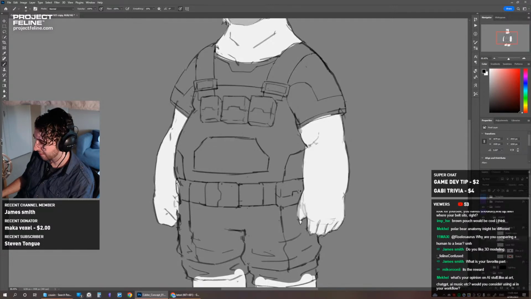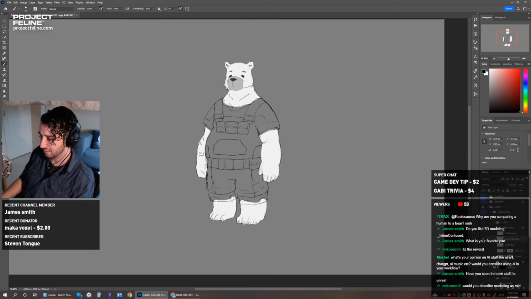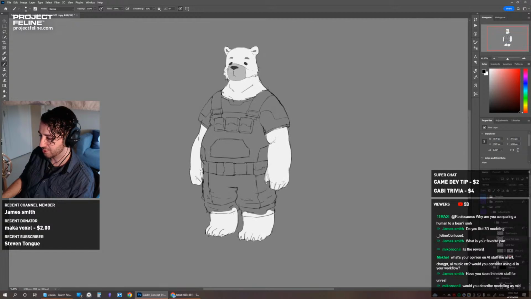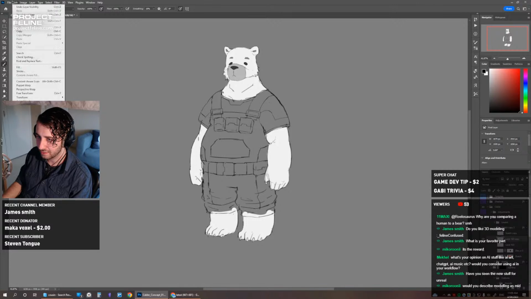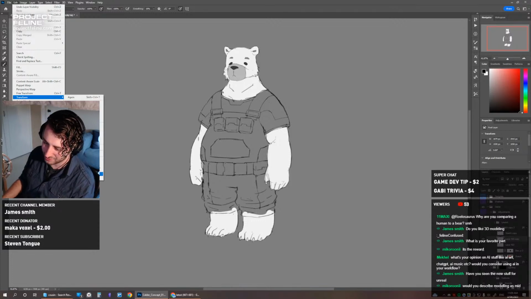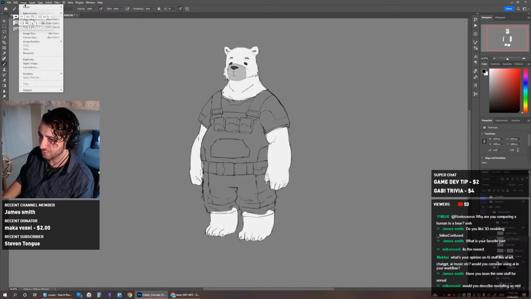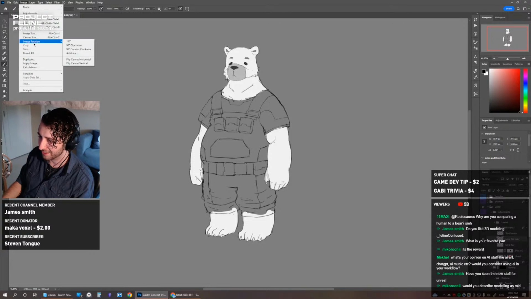Okay, let's flip the canvas back. I think I'm happy with where the belt is. If the belt goes higher, then the legs will look too long. But yeah, once I get into it, I kind of don't think about whether I enjoy it. I just do it, because I'm not really thinking about that sort of stuff. Although I will never like unwrapping. I don't think anyone likes unwrapping.